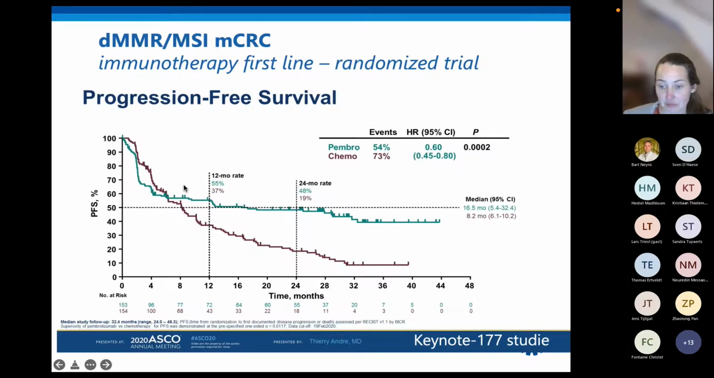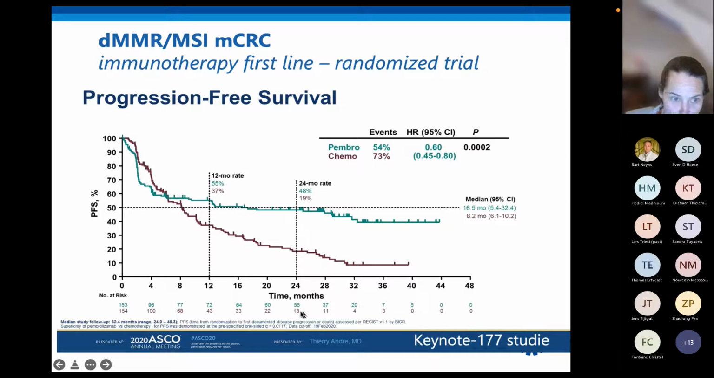Now, luckily, we have the first line randomized trial, the KEYNOTE study, which also led to EMA approval of pembrolizumab in first line. In the United States, based on the previous single arm studies, it was already approved for last line, but for EMA, they really demanded a randomized control trial, and then we only have in first line pembrolizumab compared to chemotherapy